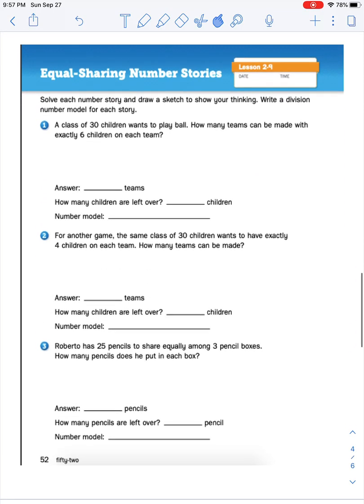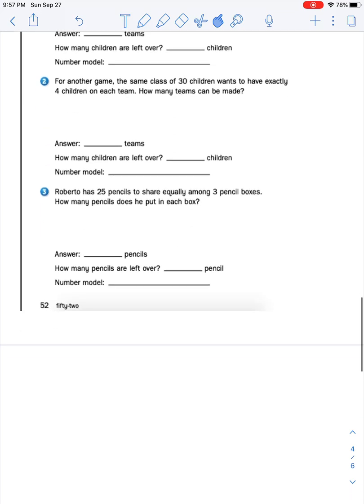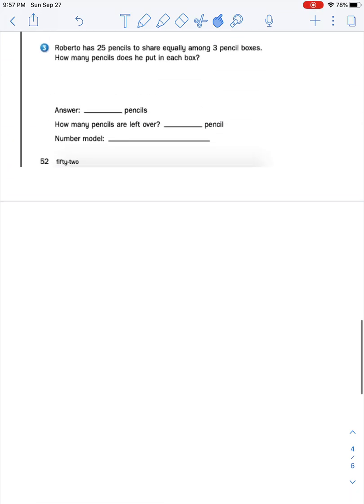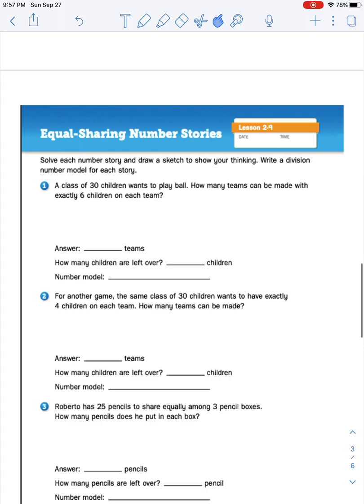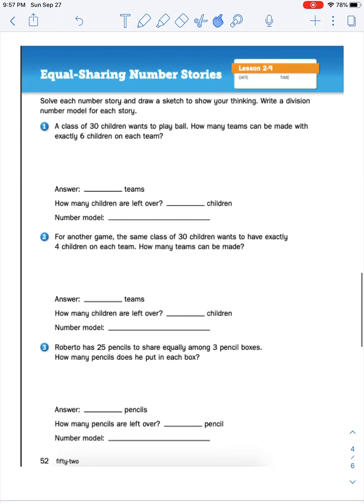Okay, let's look at what you guys are doing today. You guys are doing 3 problems where some of them are going to have a remainder, some of them are not. Make sure you draw your picture. Don't forget to make an extra page below so that you can draw your pictures to go along with your number stories. And then don't forget in your number model to put the equals remainder if there was a remainder. And if there wasn't a remainder, don't